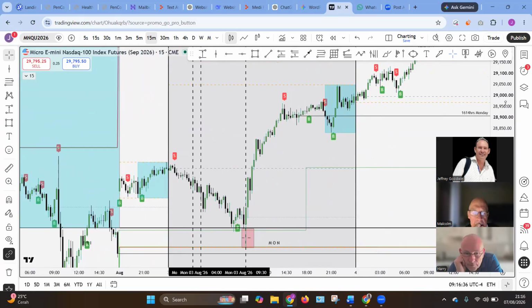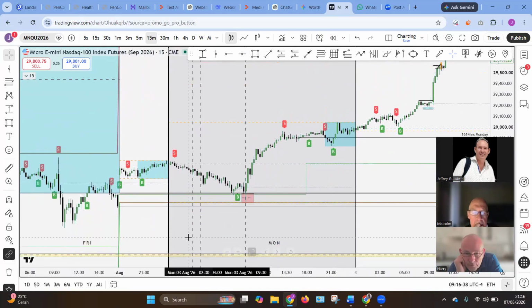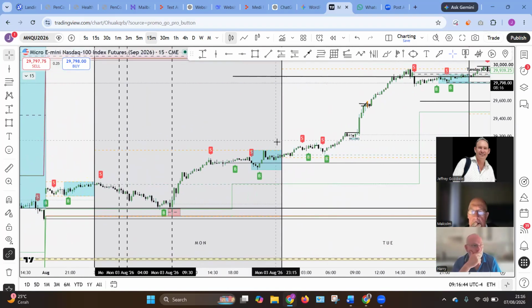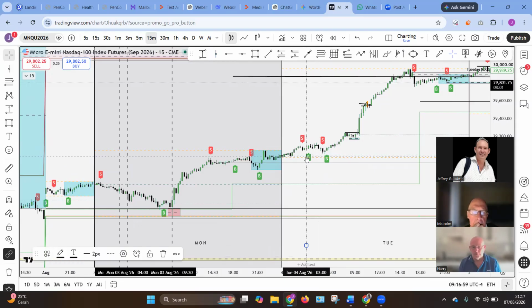Okay, so let's bring this down so we can see. We're looking for it to be above this here or below this here. It's certainly got a buy, but in other words, you might be awake at this time. So let's actually mark 3 and 4. 3, 4. And we'll come back to that later.